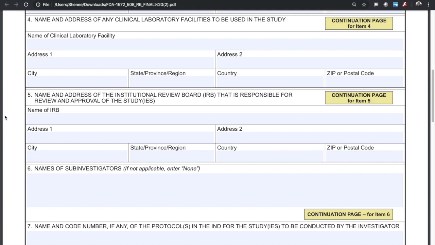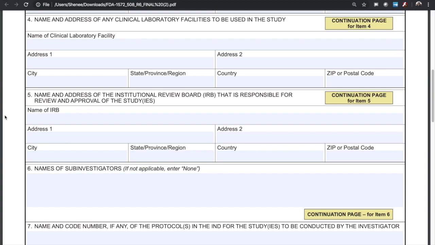I'm not a physician. I'm not really a trained medical professional. I have a bachelor's degree, so there's only so much that I'm going to be able to pick up and understand. But when it comes to being a clinical research professional in general, that's really all you need to know. So the IRB is the Institutional Review Board, and the Institutional Review Board is a third party